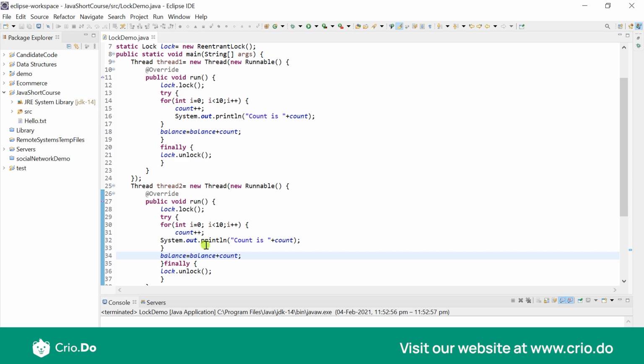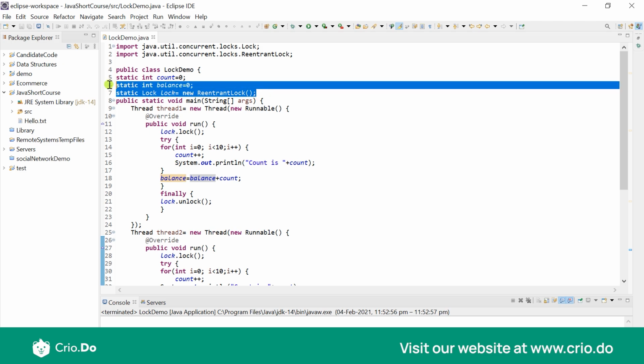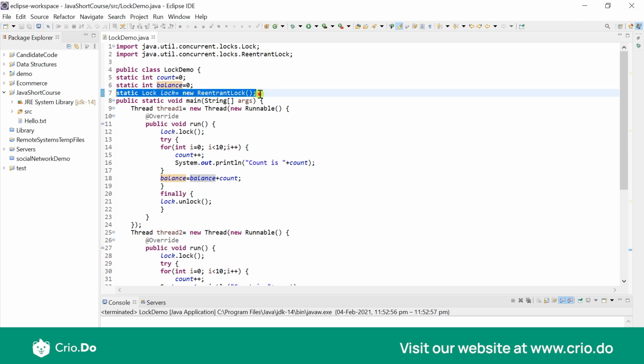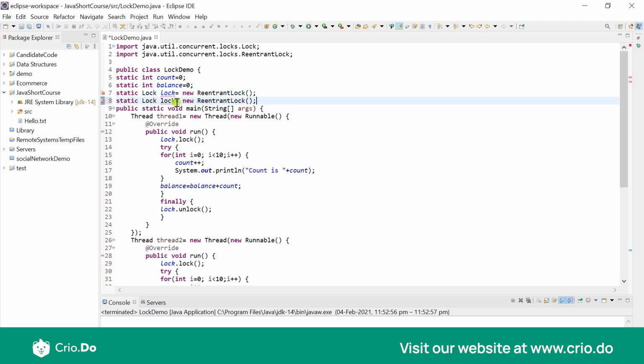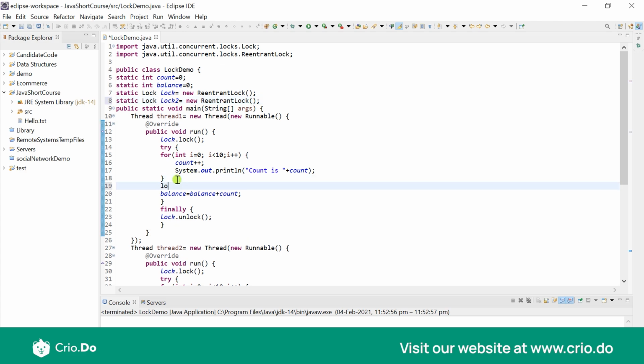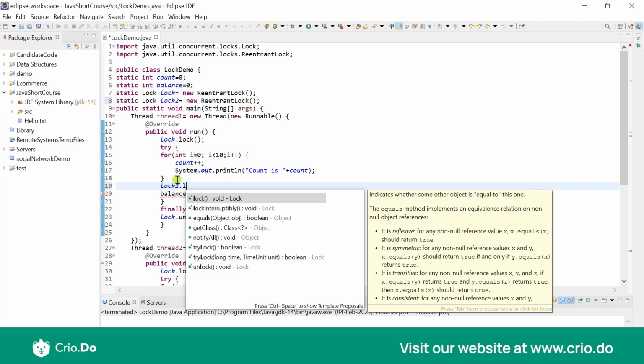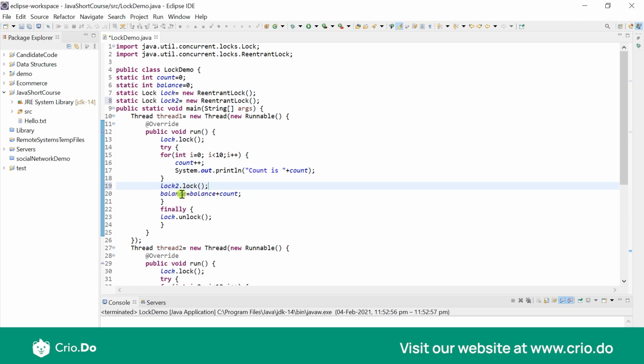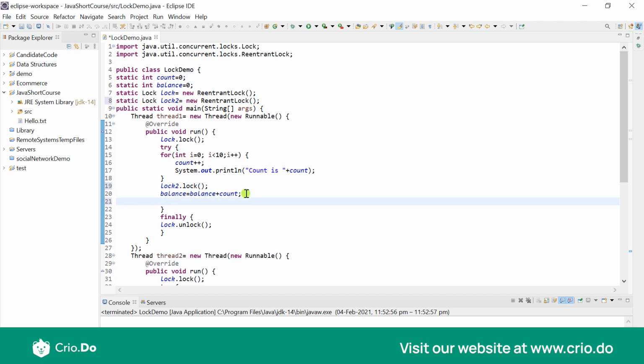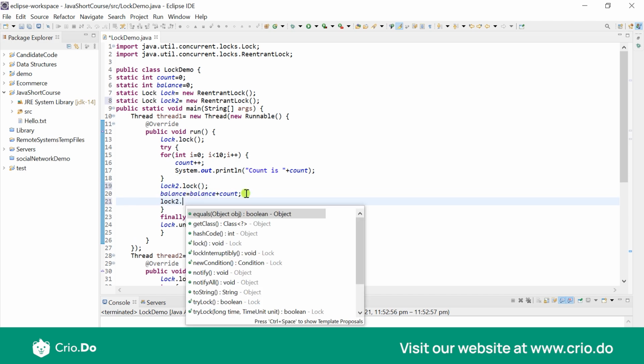once I complete my for loop. So now if I want to work on balance, I might think that I can have a new lock, let's say lock2. And what I want to do is acquire my lock2, so I would do lock2.lock. And then, once this entire balance is updated, I would say lock2.unlock.